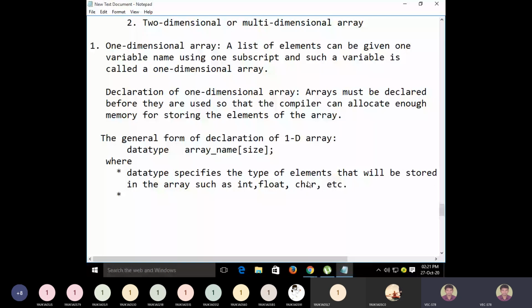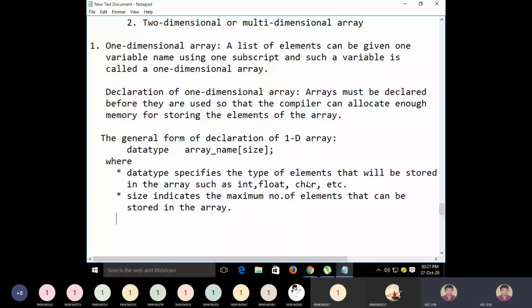Okay, so size indicates the maximum number of elements that can be stored in the array. Okay, so how many elements you are going to store in the array? That information we must also pass to the compiler